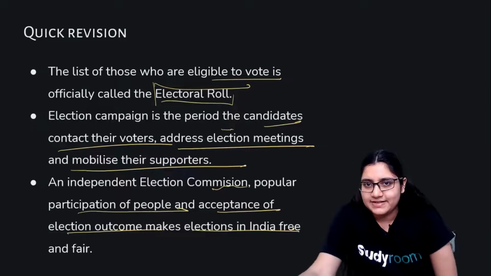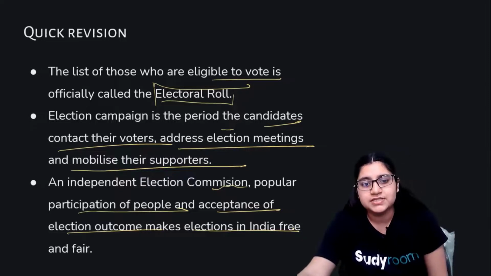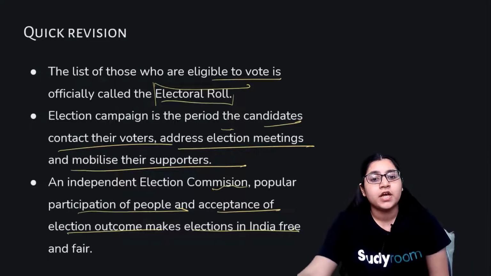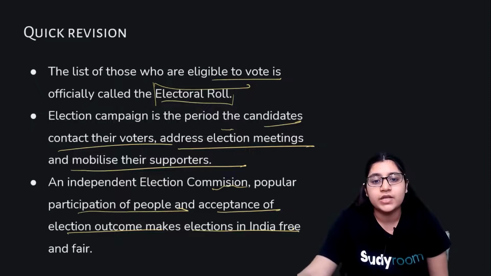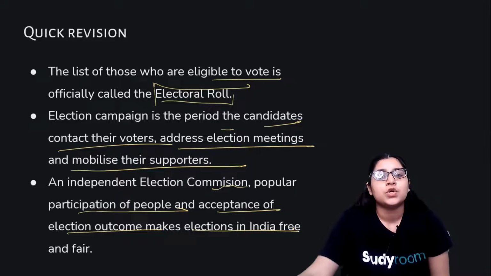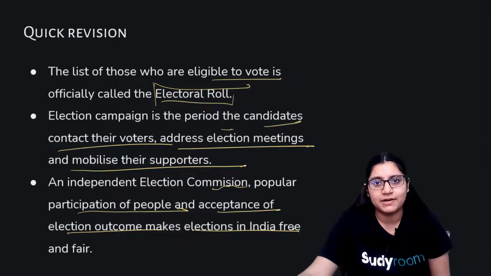So we have completed the chapter. We have discussed the questions. We have discussed why free and fair elections are important, why there should be competition in our elections. We have also studied the function of the Election Commission and how the election takes place. We have in detail discussed different procedures to be followed in election. So this is all you need to know about the chapter, and this chapter is very important from the exam point of view. So do watch the video again for concept clarity.